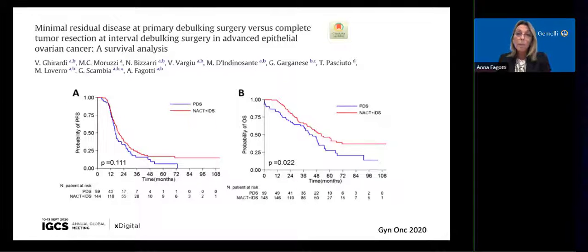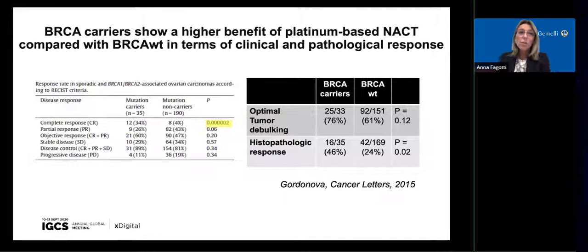Therefore, we are comparing different groups, and actually it's not a good comparison. Of course, if we might have some predictive marker to predict response to neoadjuvant chemotherapy, then in that case, it would be nice to manage those patients who are going to respond to neoadjuvant chemotherapy and then successful interval debulking surgery. There is a growing body of evidence showing that BRCA carriers show a higher benefit of platinum-based neoadjuvant chemotherapy